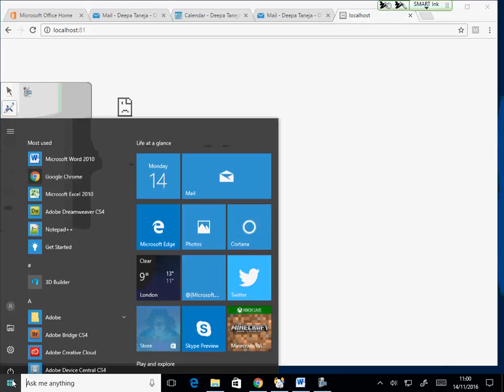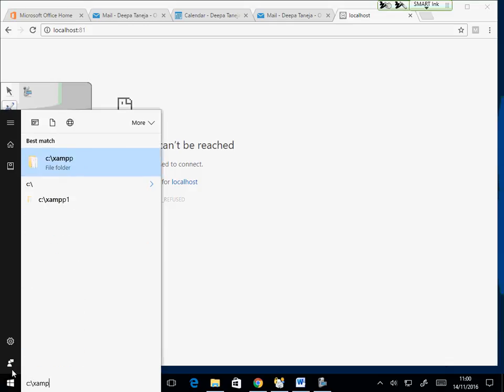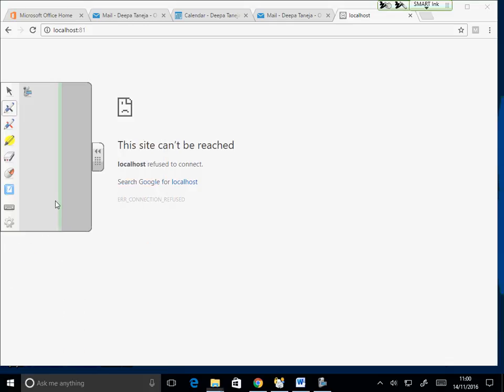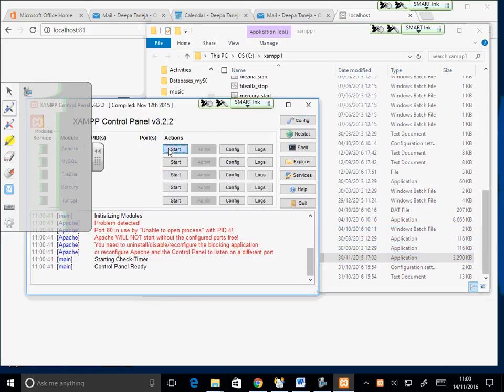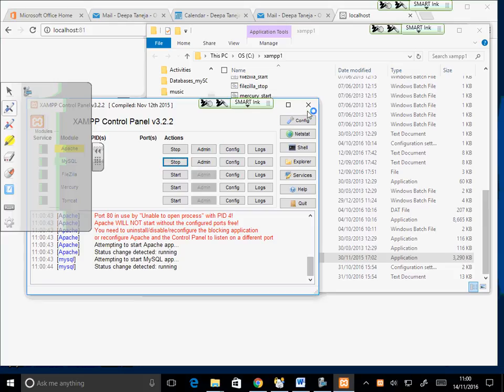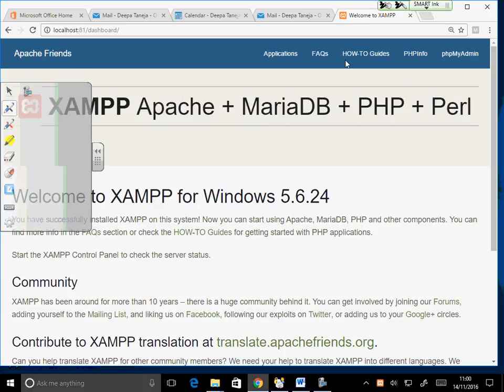It's not working, so I am going back to my C drive exam and control start and start. So that's my server running. So localhost.